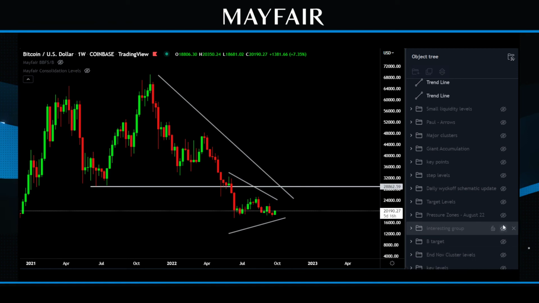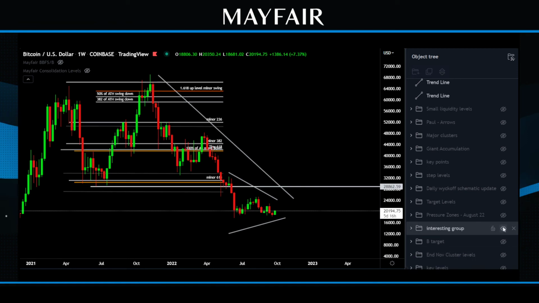The interesting group, these were clearly the levels from last year. It's been respectful, and I think that's the bit I like more about this. We come into uncharted territory, we've dropped from them. You see where the miners have actually been used and utilized, and how we've come through to tag liquidity and back up again.